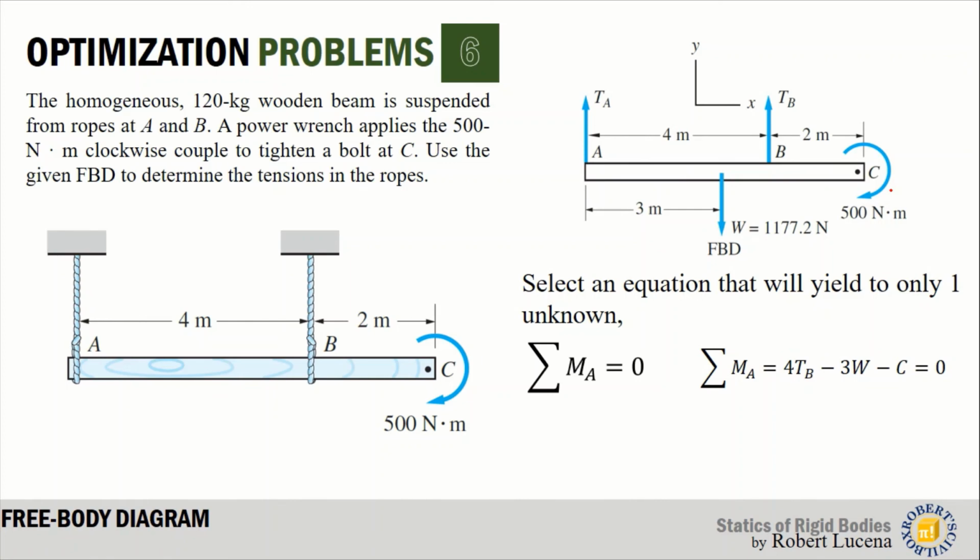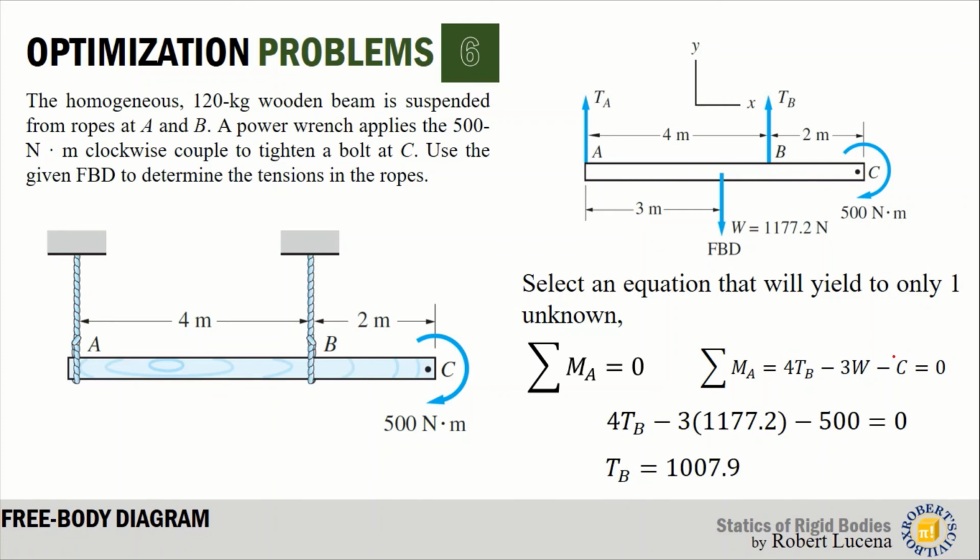If you are using summation of moment counterclockwise positive, if your couple is counterclockwise, treat it as positive. Now in this case, I'm using counterclockwise positive, and the direction of my couple is clockwise. That's why it is negative in sense. So solving the equation above by substituting the known values, we get the value of TB equals